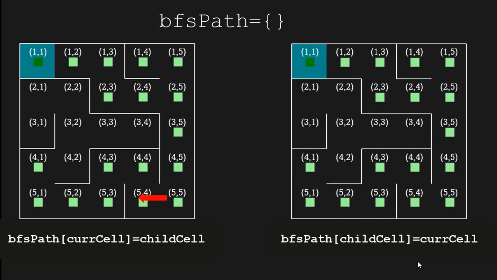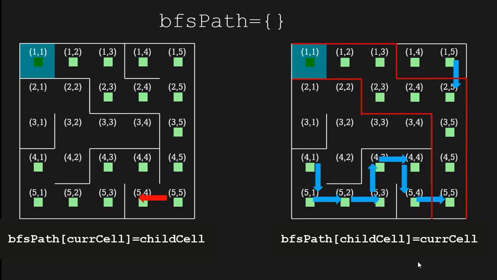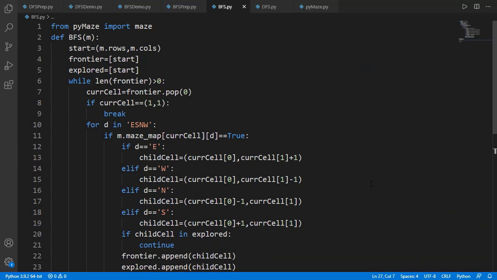Now let's try another way and store the path with the child cell as the key and the current cell as the value. So this will be the first pair, then this one. Over here the cell 5, 5 is not the key but the value, and in a dictionary we can have duplicate values. So both these pairs will remain in the dictionary, unlike what happened previously. And this will continue. So we are able to follow the path from goal to start, which actually is the reverse path. Finally, if we invert these highlighted path arrows, that will give the path we need from start to goal. Let's do that in code.